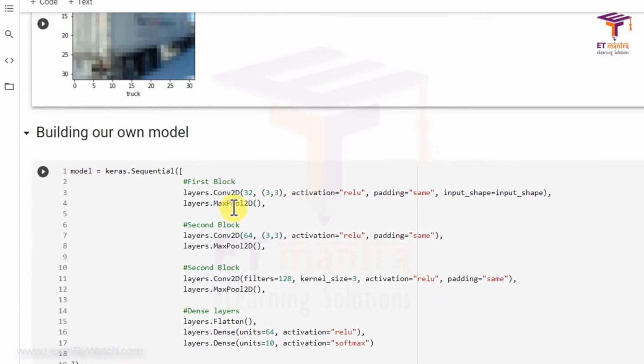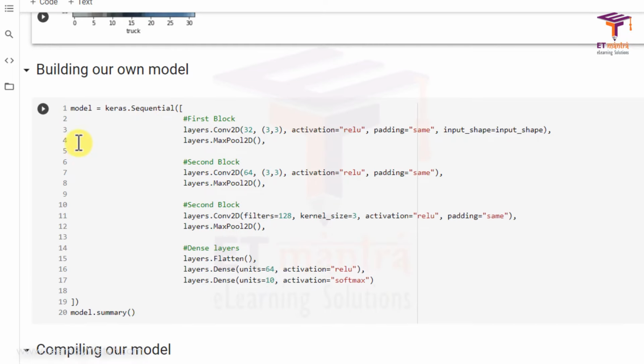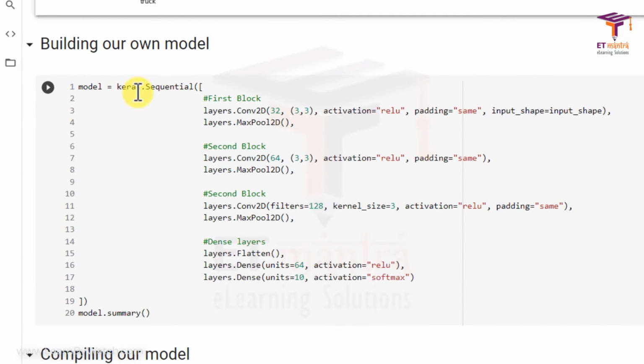Now we will build our model using the standard libraries. We do that by model equals keras.Sequential. Sequential means that one by one we will keep on adding our layers. So this is our first block. First we have used a convolutional layer.